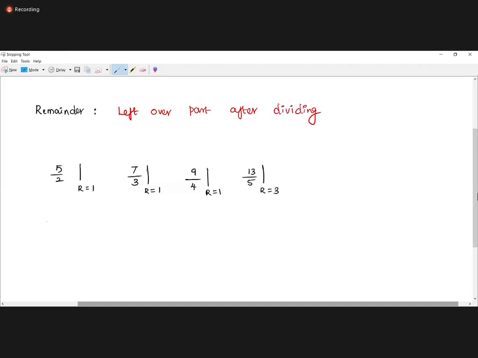Here is one more simple point. The leftover part after dividing is not a difficult task; we have already done the previous cases. For example, 23 is the number and I'm dividing by 4. What is the remainder? 4 fives are 20. The regular approach we studied in school is this: 23 divided by 4, 4 into 5 gives 20, and 23 minus 20 gives 3. This is called the remainder. Whatever the value, we can find it using this process.